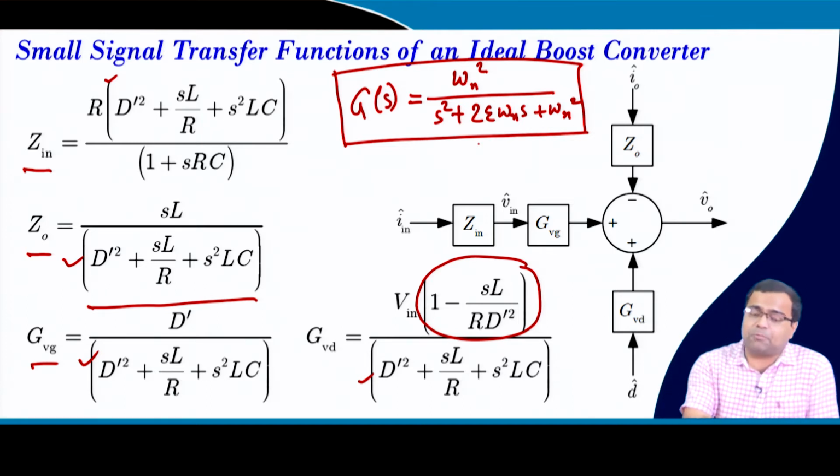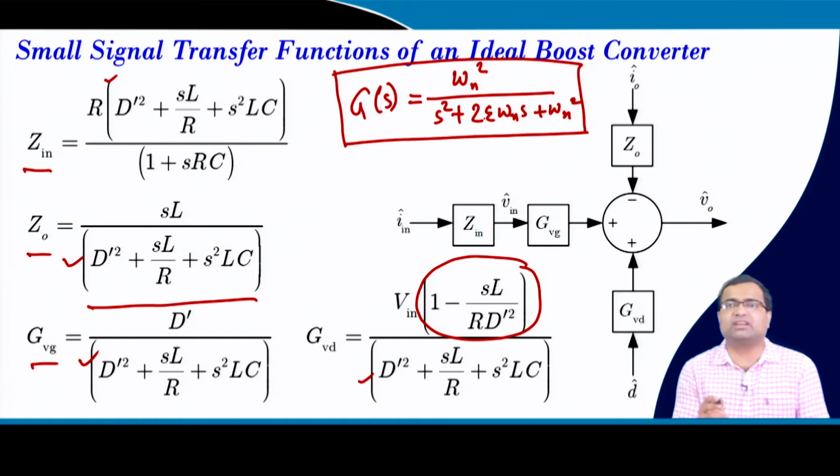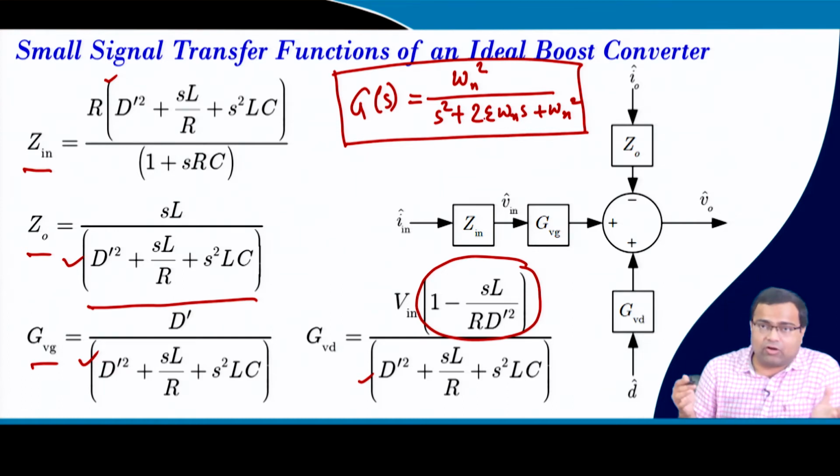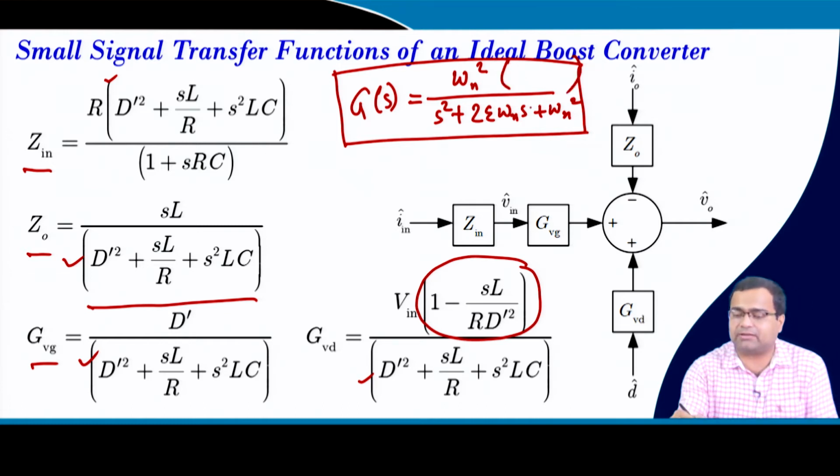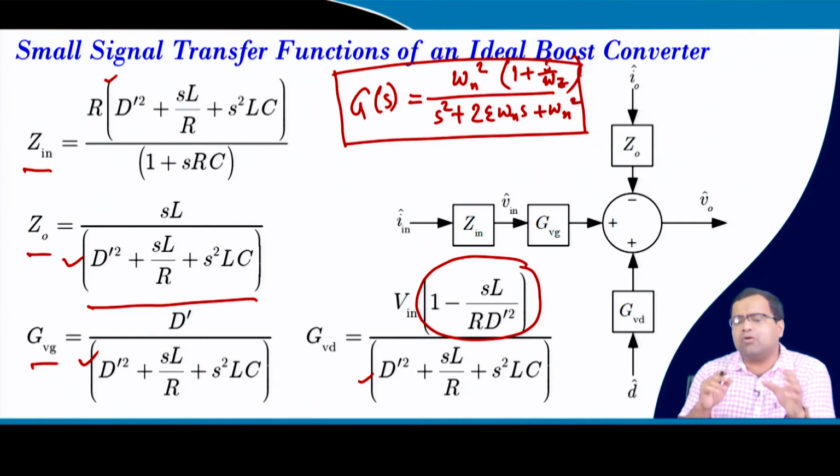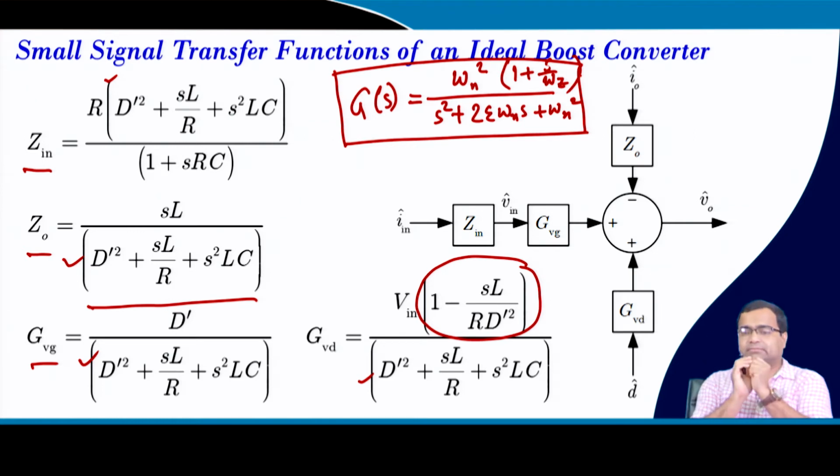Now, if we obtain the step response, which we have studied in enough detail, we recall that the response will be underdamped if zeta is less than 1, but of course greater than 0, overdamped if it is greater than 1, and critically damped if zeta equals 1. So, we can get the transient response for a step input. Now, if we add another zero to this transfer function, suppose 1 plus s by omega z, then how is it going to change the response of the system? That we want to see.